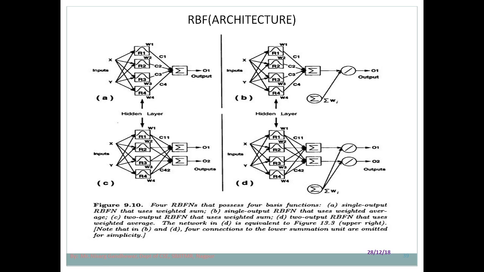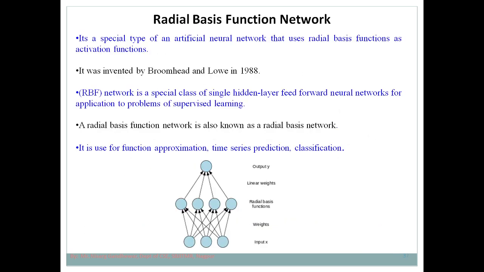In the case of RBN, one thing is mandatory: it should have one input layer, one output layer, and one hidden layer. One hidden layer is mandatory in a radial basis function network, just like a multi-layer perceptron. In a multi-layer perceptron we have seen that at least one hidden layer is important. In a multi-layer perceptron you may have more hidden layers, but in the case of RBN you require a minimum of one hidden layer. This is the specialty of RBN. So I hope you understand the use of RBN. RBN is specially used for time series prediction, classification and approximation.